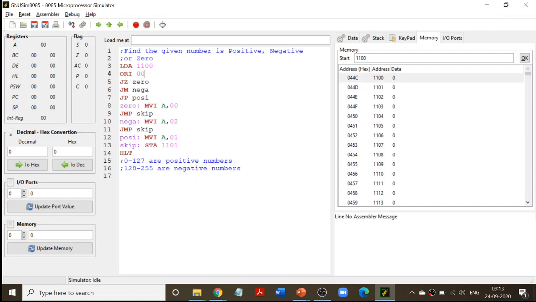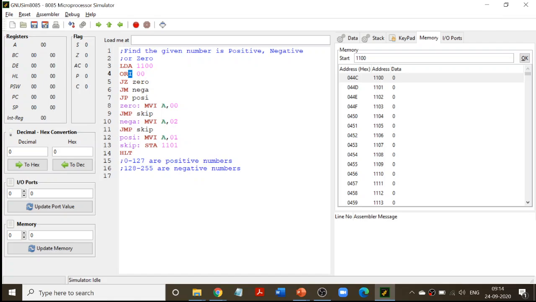For example, there is a memory location 1100 and I am going to store my data there. I am going to say at 1100 I have my data and I am loading it to the accumulator. The data is present where? In this particular case, my data is present in the memory location. But here I am saying ORI 00. The data is present where? The data is not present in any register or in the memory location. Instead, the data is present in the instruction itself. 00 is the data. You understand? So whenever this data is present in the instruction itself, we will be using this immediate operation. This is one of the addressing modes. It's called immediate addressing.